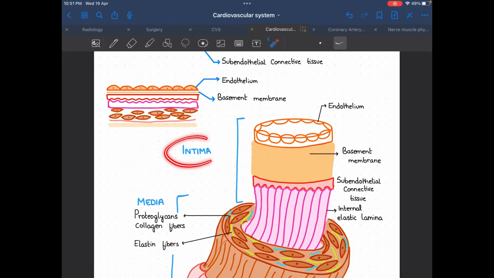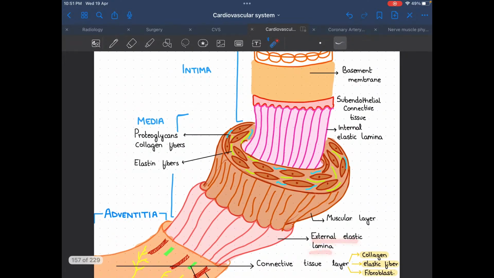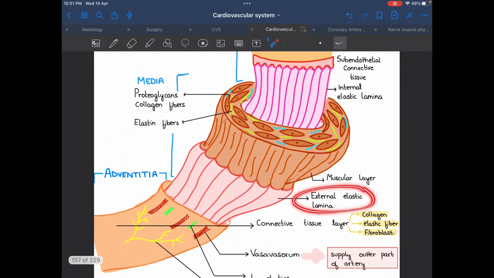So what is the intima composed of? It's composed of the endothelium, a basement membrane, that's your basal lamina, and the subendothelial connective tissue. Then we studied the internal elastic lamina and the external elastic lamina, and between them is the muscular layer. The muscular layer also contains some amount of elastin fibers and collagen fibers. And after the external elastic lamina,